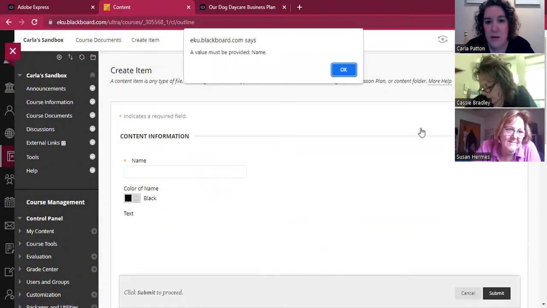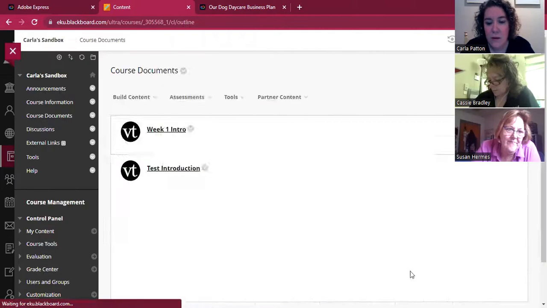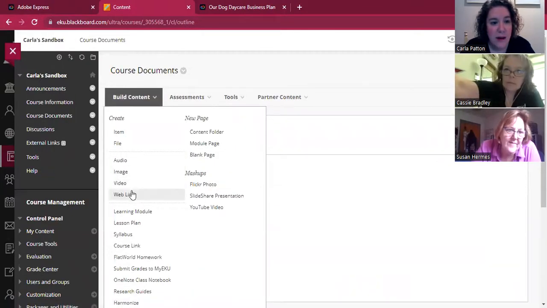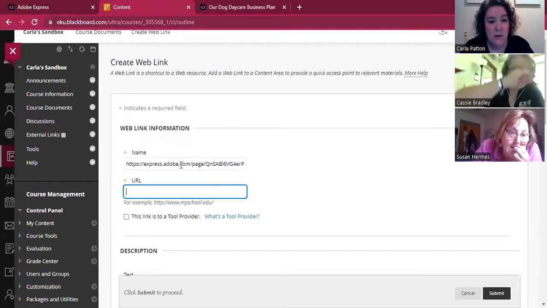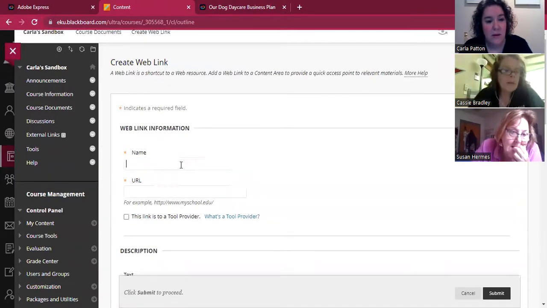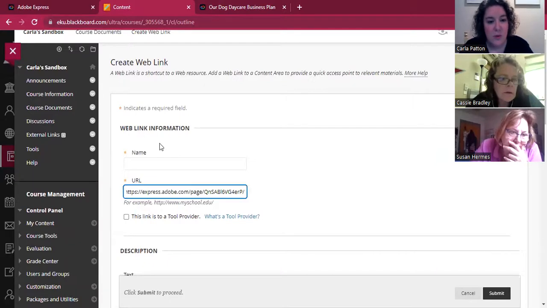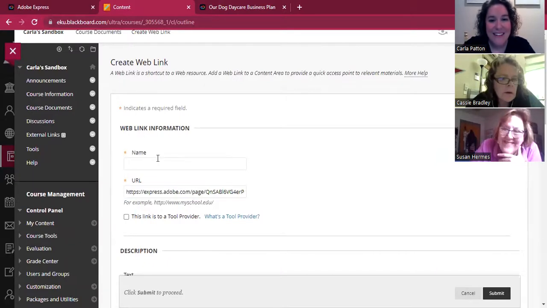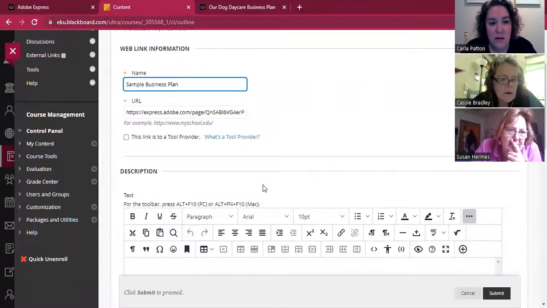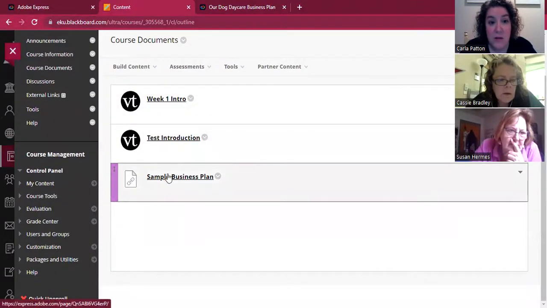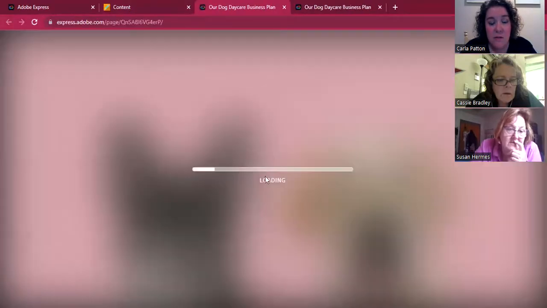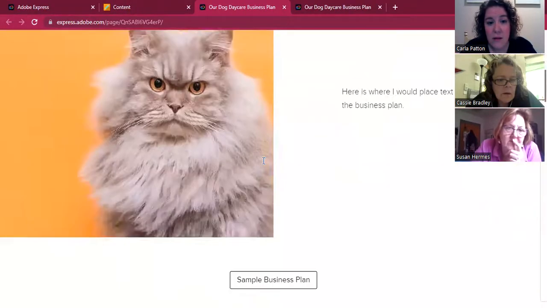Actually, let's do a different type of item. So under build contents, I would then add a web link, paste this. Oops, that's the name. Sorry. Used to running on two monitors, and that's not what I have right now. Call it a sample business plan. Select submit. And all a student would do, log into the course, click sample business plan, and would be able